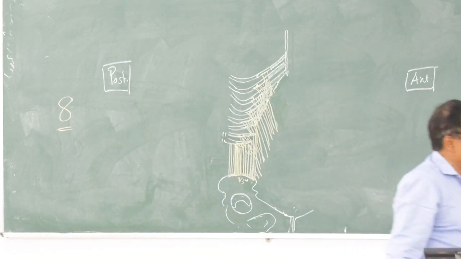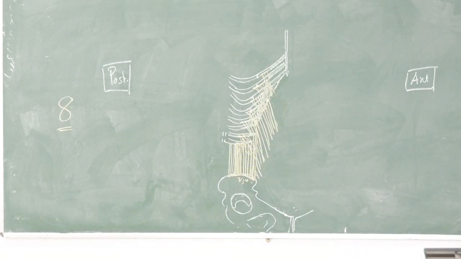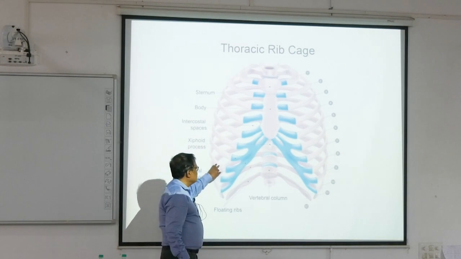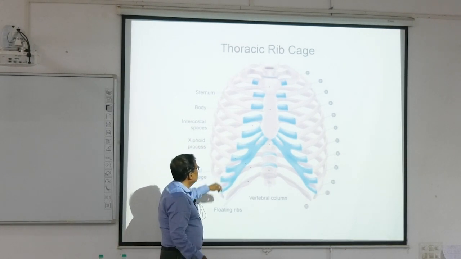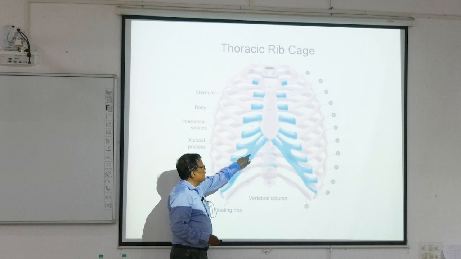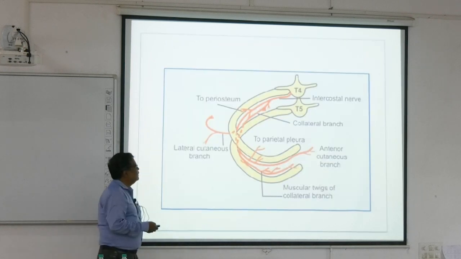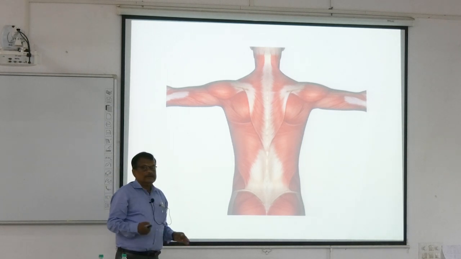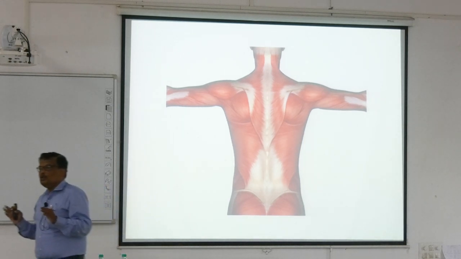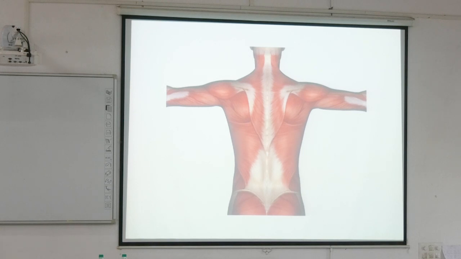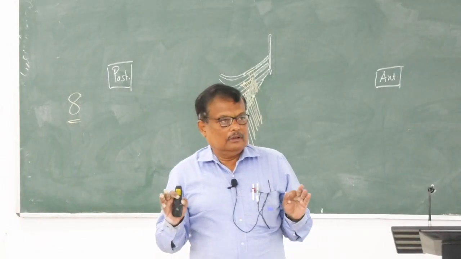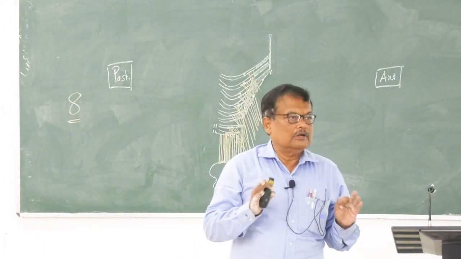Let me give you an idea with a few pictures. This is the costal cartilage, blue color. These are the ribs. Look, this is the 7th rib. I will teach that later. Now, I have already told you there are two terms, fascia and aponeurosis. Deep fascia and superficial fascia.